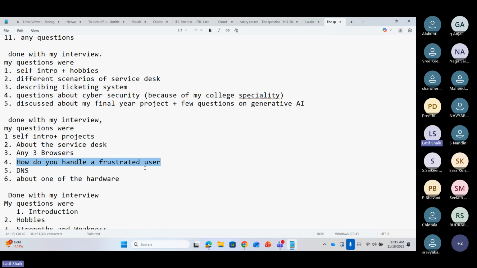If the customer is not listening, then you have two chances. One is to raise your ticket to the higher people. This is the last chance, guys. These are what I said. First, you have to do all these things, and what is the last chance? Raise the ticket to the higher level,